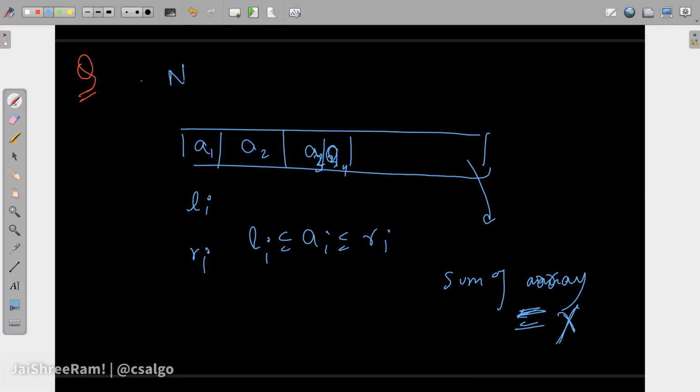You are given initially n and L of 1 to L of n, R of 1 to R of n. Find out the number of arrays such that each of the AI's values follow this particular constraint for each of the positions, and the sum of the array is equal to some given value x. No bounds on constraints yet, but I can give you this much, that Li and Ri can be,